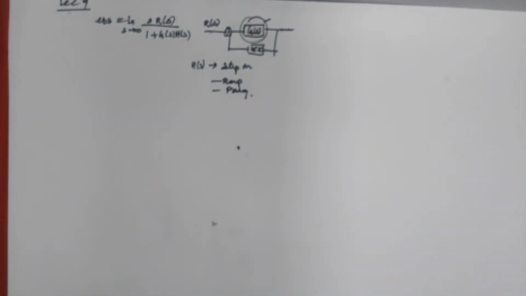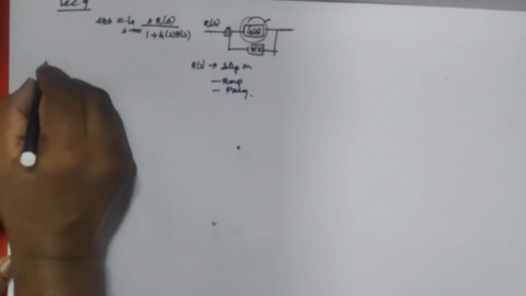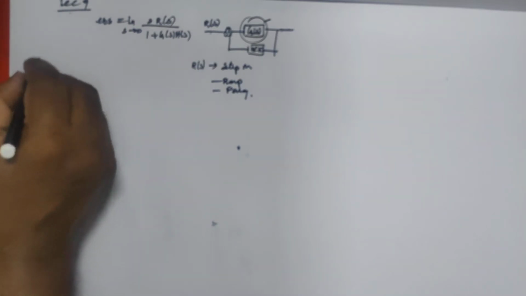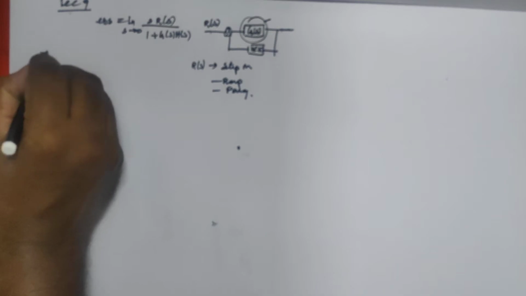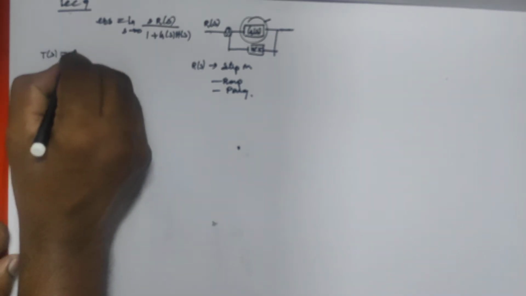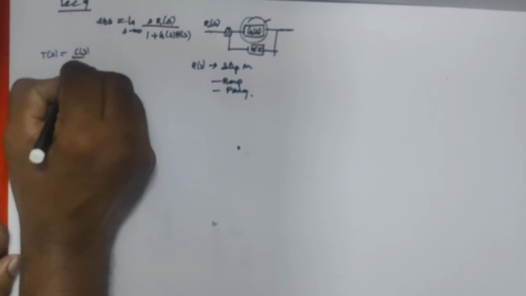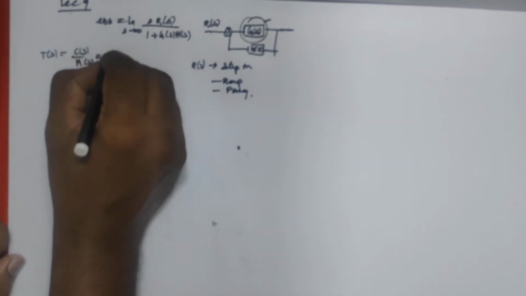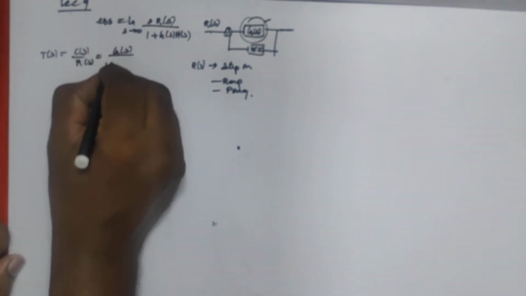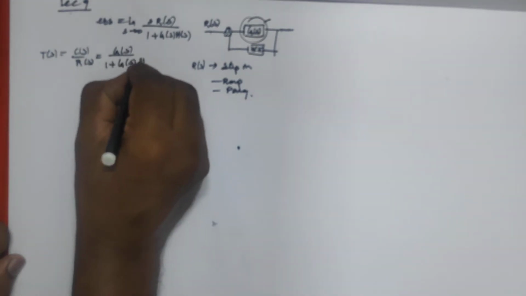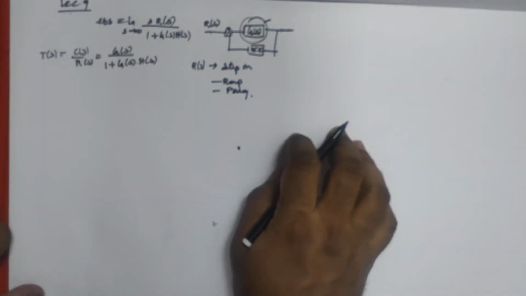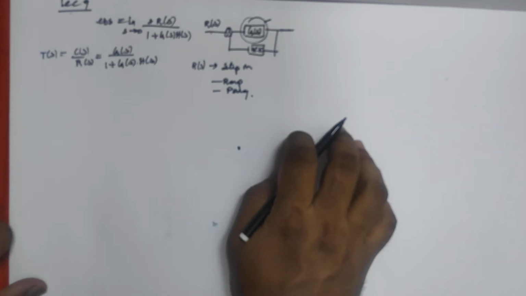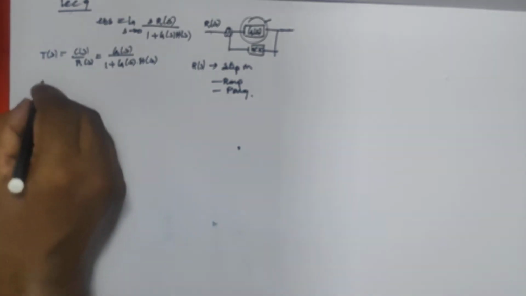So what does that mean? In general, the type of the system, the representation of the system transfer function, is different. So in general, we have the closed loop transfer function T(s) equal to C(s) by R(s) equal to G(s) by 1 plus G(s)H(s). Okay, so G(s)H(s), so we have here,